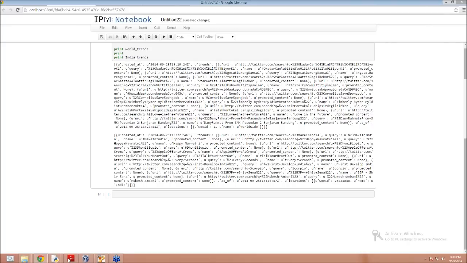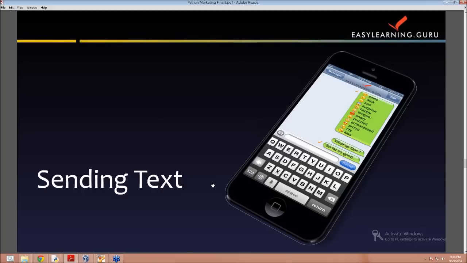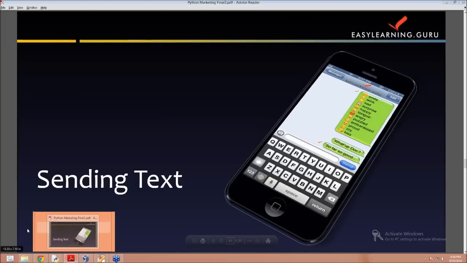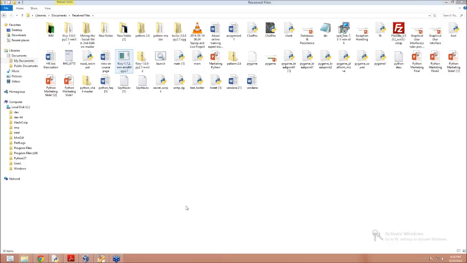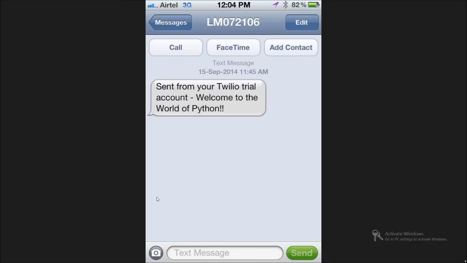Sending text. Sending text without disclosing your number is also possible in Python. You only have to write a code of hardly 10 lines and you get your messaging app. Let me show you the screenshot of my messaging app. See here, this is a message I sent from my Python code. And see here, my number is not displayed, but I'm getting another variable like